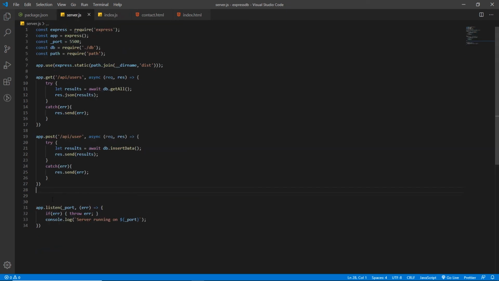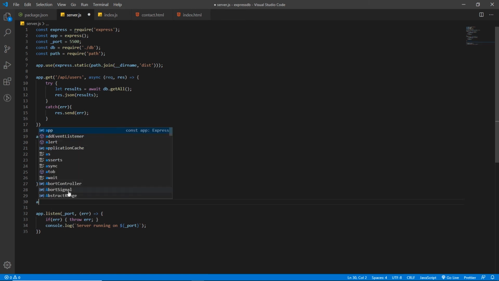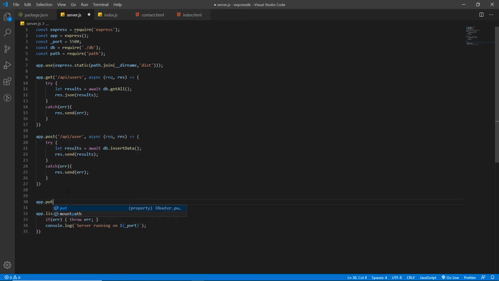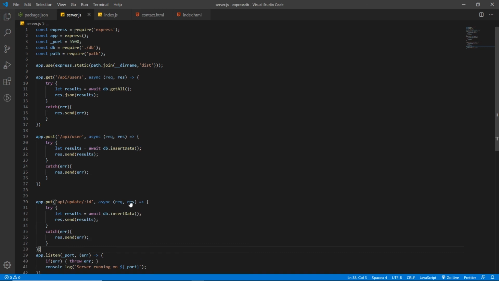Okay, and then we must call that. So here we'll declare put action listener. So here API update and then the ID. So this is how you throw in a parameter in Express. And after that, we want async. Let's just copy this. Request